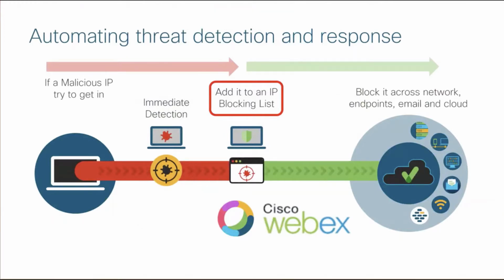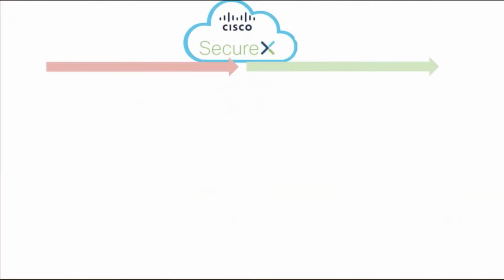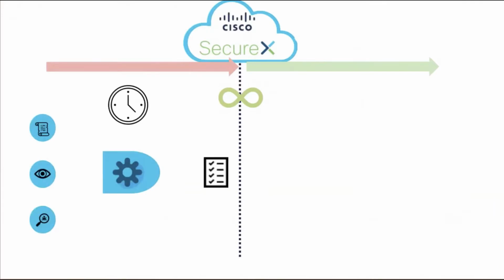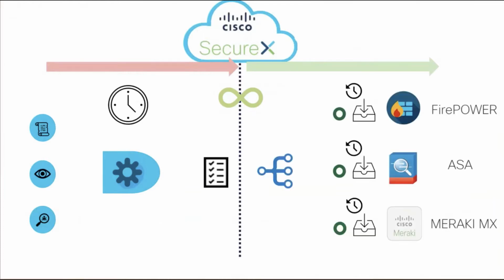Deploy this list in every firewall in the network, but not only, maybe in other security solutions. And we want to be informed in a WebEx team room that this process occurred. So we are going to use SecureX for doing that. We are going to use two separate processes. The first one will be dedicated to malicious IP address collections. And we will have on the right all our firewalls deployed into the network.